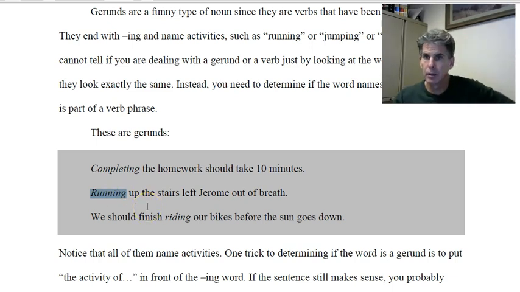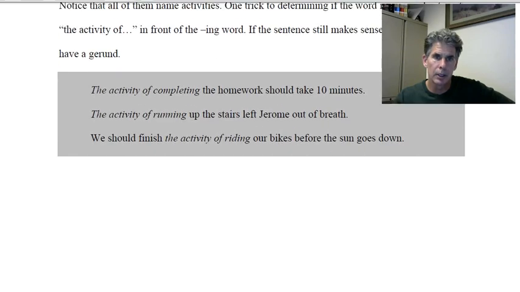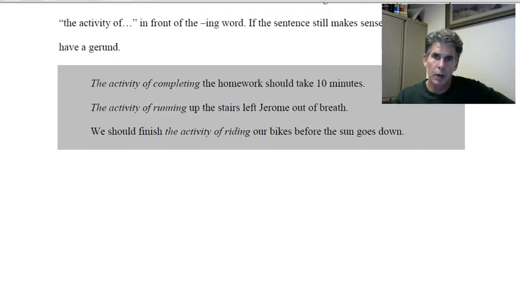Okay. It's an activity. We should finish writing. Writing here is not a verb. It's an activity. So whenever you see an ing word, it's very important to know: don't assume it's a verb. That is probably one of the most common misconceptions I see with verbs and with nouns, is mixing gerunds with verbs. Okay, so be aware of that.